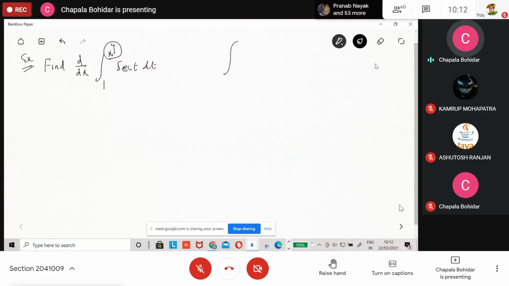We are writing our integration g(x) is equal to the integral from a to x of f(t) dt, but here it is x to the power 4. So you have to convert this to a single variable. Let x to the power 4 is equal to u, and t is here, so you write it as u. So du by dx is equal to 4 into x to the power